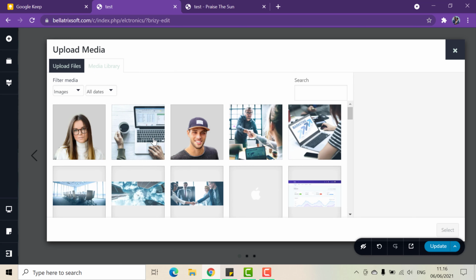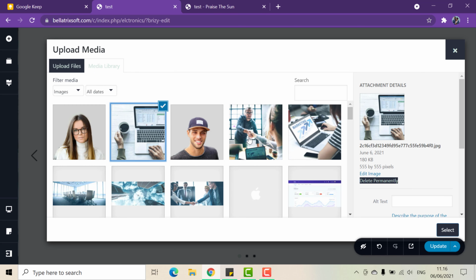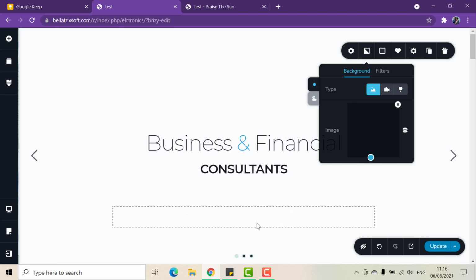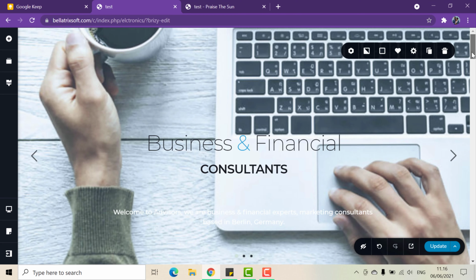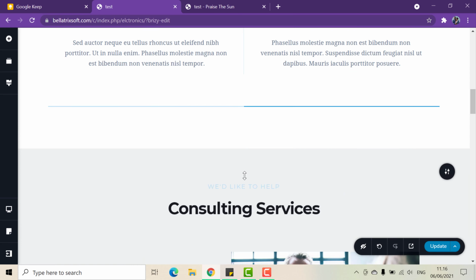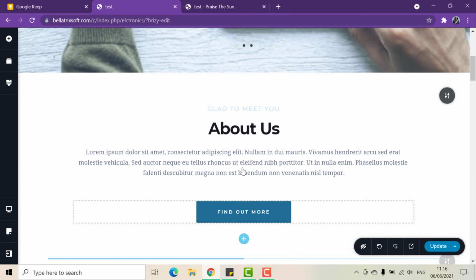So I chose this one, and then I go in the selecting options, and it's there, and it's amazing. You see, you didn't actually change anything yet, you just changed the background to match your choice or your preference, and then your front page is ready. So in the front